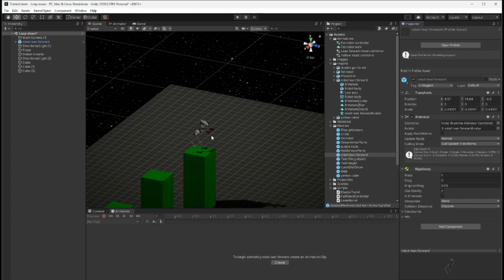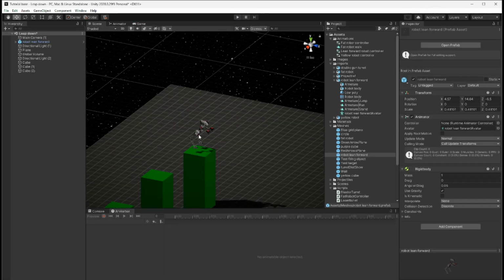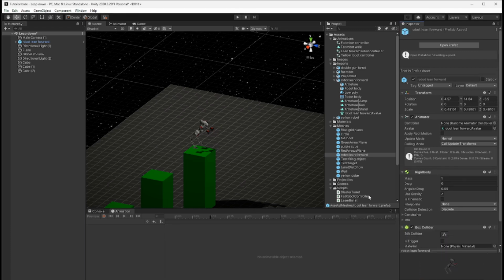All right, so here he is. So let's run it and see what happens. Whoop, of course he just falls through because he has no box collider. All right, so we need to add a box collider. So let's go to physics, box collider,